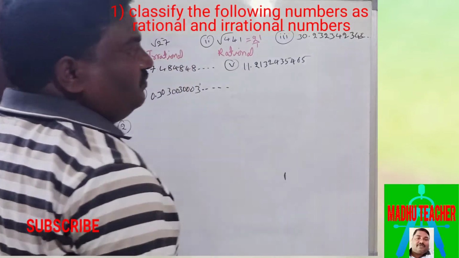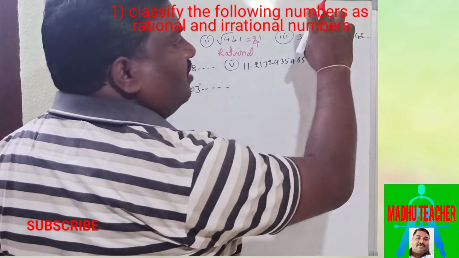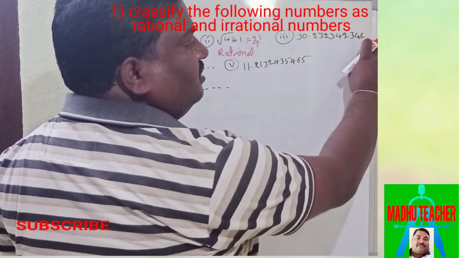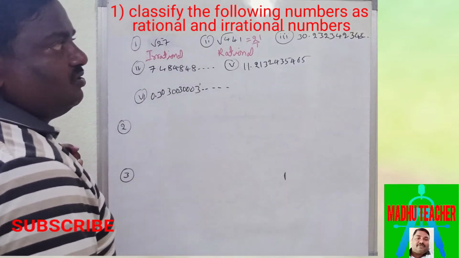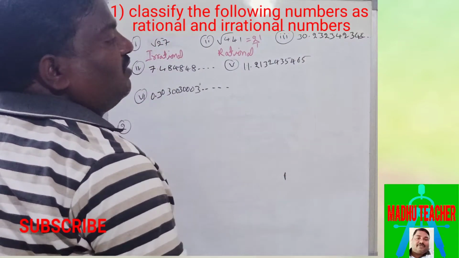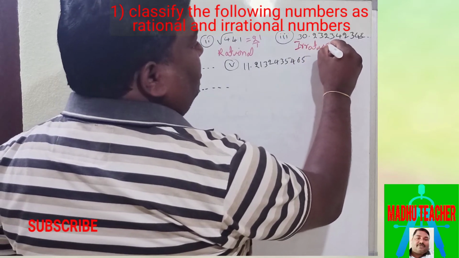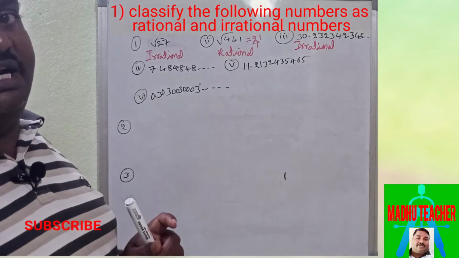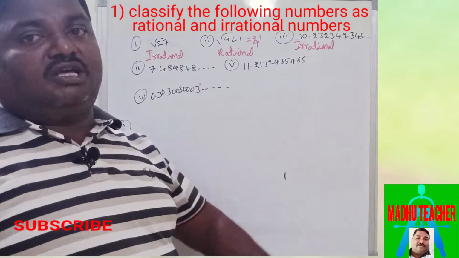Next it is 30.23234235 dash. So it is non-terminating, non-repeating decimal. It is not terminating, and since there is a dash it is not repeating. After 23 it changed again. So we cannot write these decimals in p by q form. That's why it is irrational. Non-repeating, non-terminating decimals we cannot write in p by q form, so that's why irrational number.